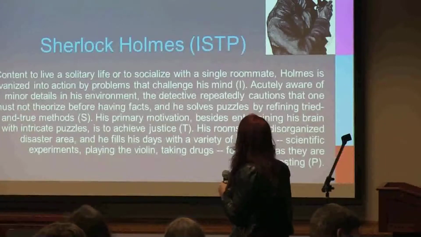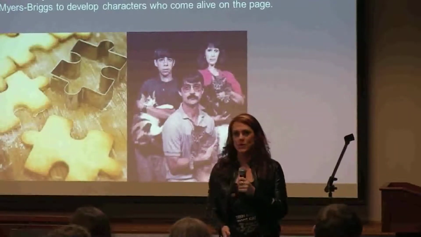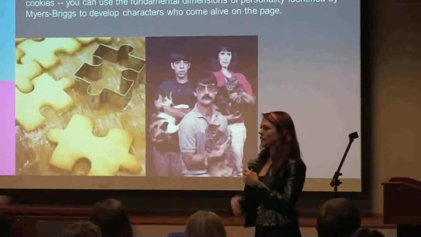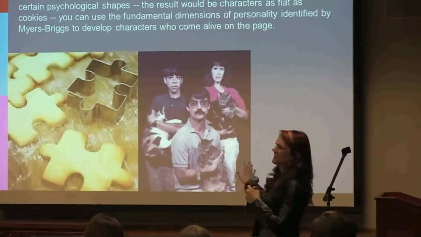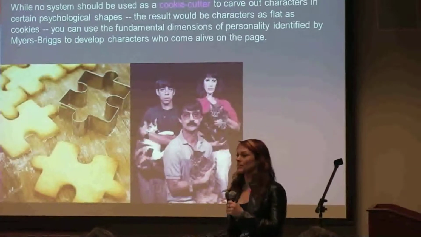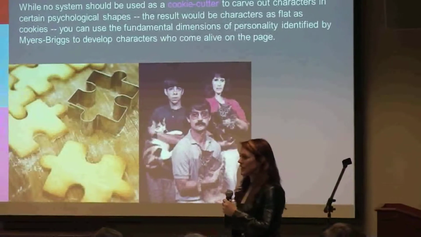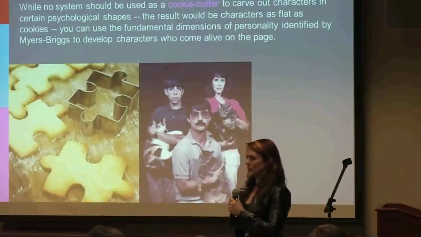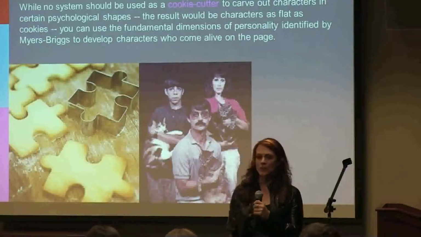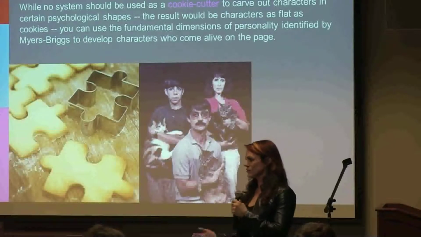Okay, so now obviously all these things that we've talked about, the nature and nurture, their backstory, where they live, the historic aspects, and the Myers-Briggs and the color code, they're a great way to kind of get down to who your character is. But you don't want to make a cookie cutter either. You don't want to swing so far that it's stereotype. That's why I think it's good to try a couple of the tests and then make sure you have a backstory, because the more that you know your character,